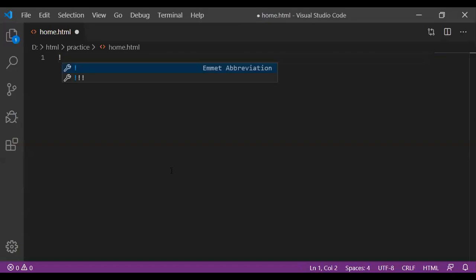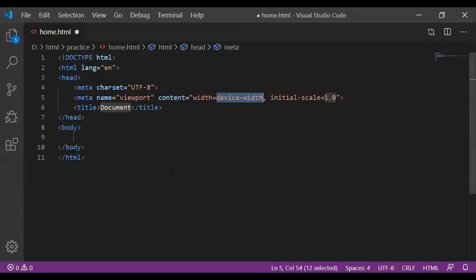Then we write an exclamation mark and enter, and the structure is created. Title is quiz. In the body, we will write